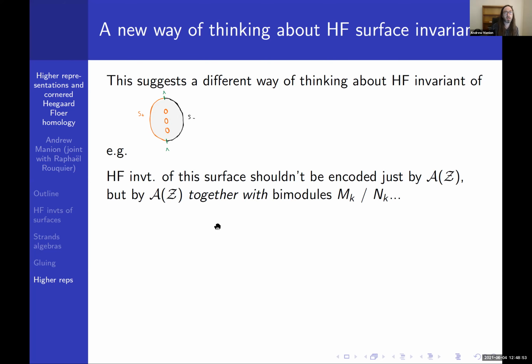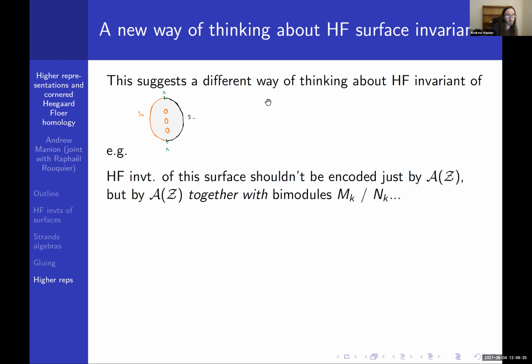If I have a sutured surface like this, I don't just want to think of the Heegaard Floer invariant as being encoded by the algebra, this Fukaya category that's really a sum of different pieces that don't interact. I really want to think of the true Heegaard Floer invariant of the sutured surface as being that, together with some extra data that's going to be encoded by these bimodules MK and NK, and that's going to relate the